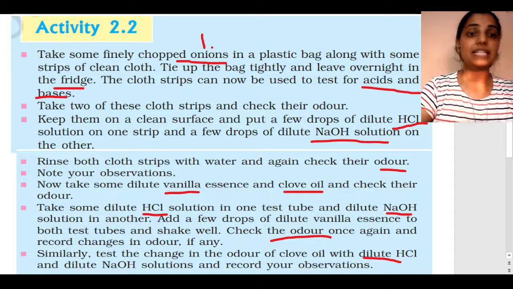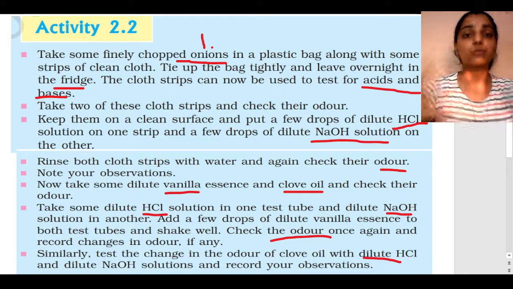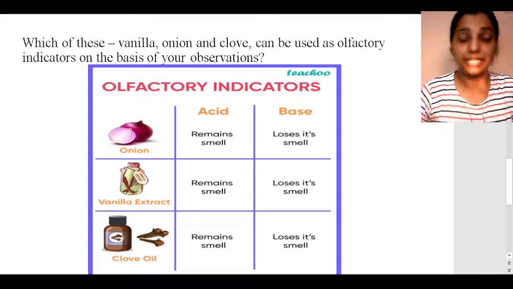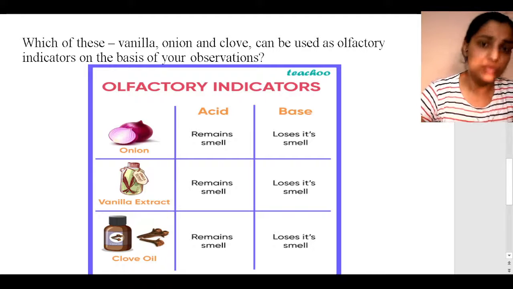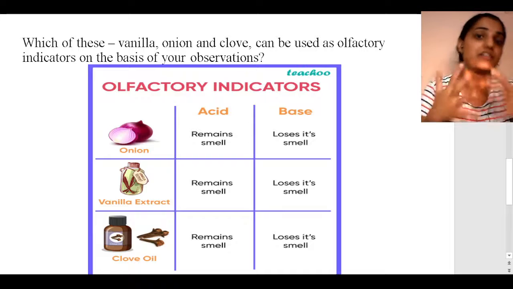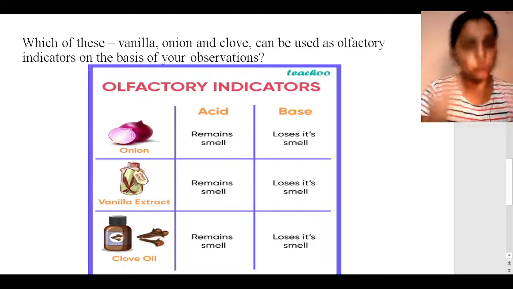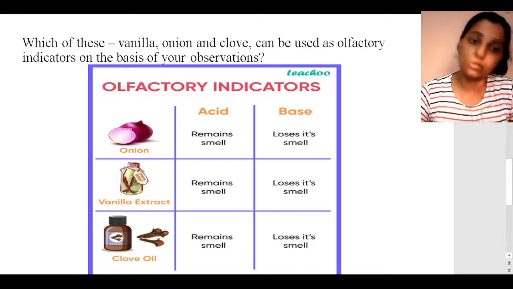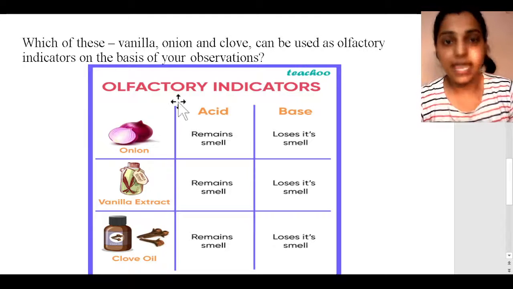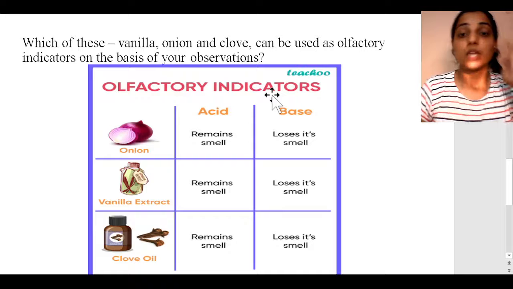So now इससे हमें क्या पता चला है, what we came to know from this activity, that which of these vanilla, onion and clove can be used as olfactory indicator. क्या हम olfactory indicators use कर सकते हैं, किसको, onion, vanilla and clove oil को? So the answer is yes, because I'll tell you that अगर